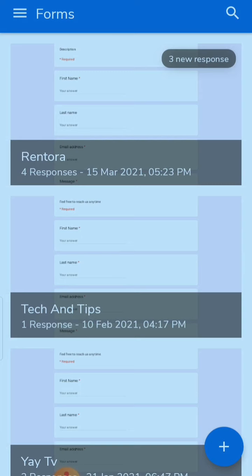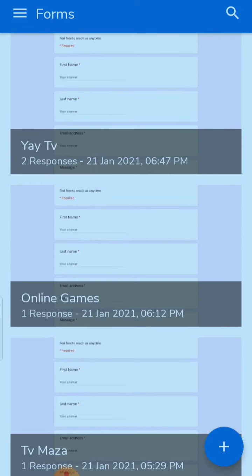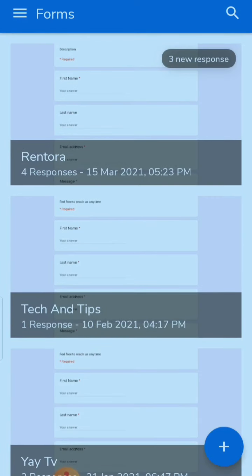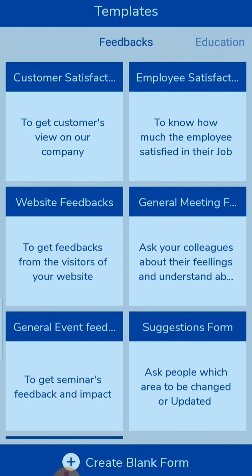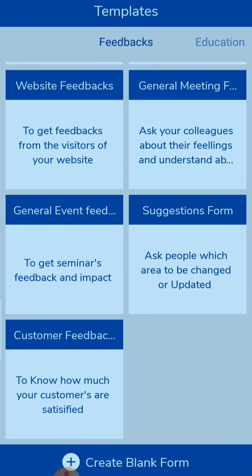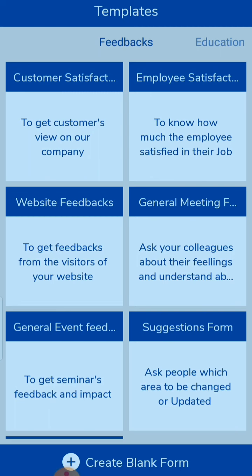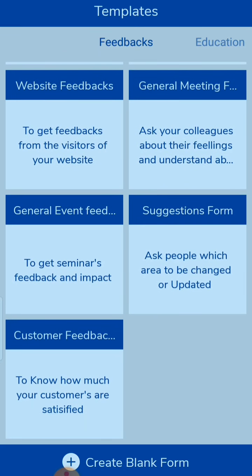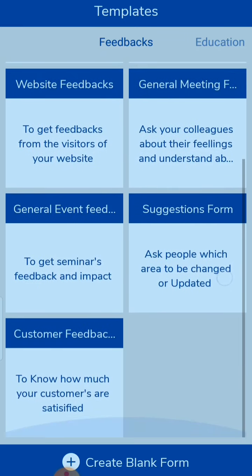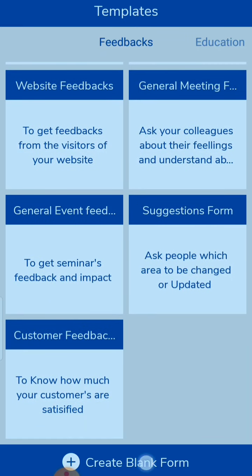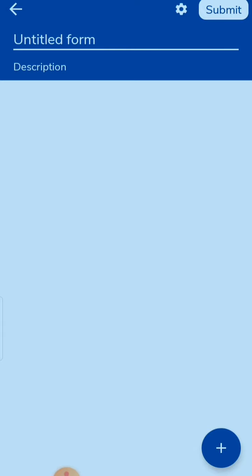So you're watching, I have created some forms here on my website, like a contact us form. Now I'm going to tell you how you can do this. Simply you have to log in and click on Google Forms. Here you can click on the plus icon, and you can choose a template for creating your contact us form, or if you are creating any other form, you can choose a template for whatever you are going to create. I am choosing create blank form, because it is a good way to create any form easily.